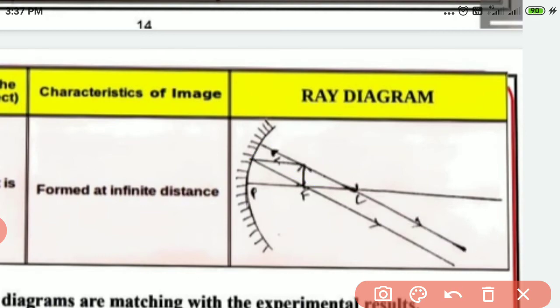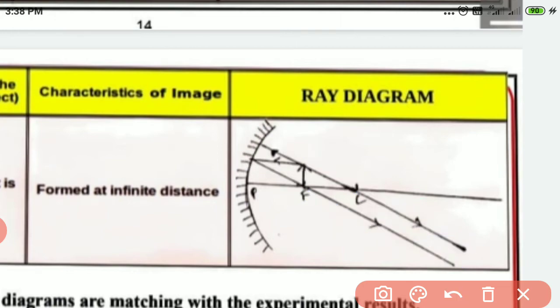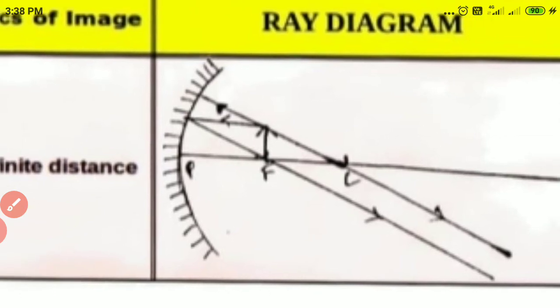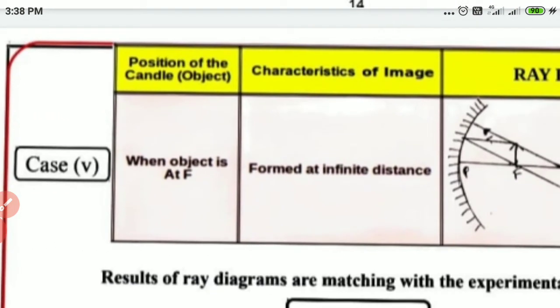right? So those two rays, one is parallel coming through the focus and the other goes in this direction and returns in the same direction. So they have no chance of intersecting. So they never coincide. They go on parallelly like that, as you see in the figure, they continue to go parallelly and an image is formed in the infinite direction.